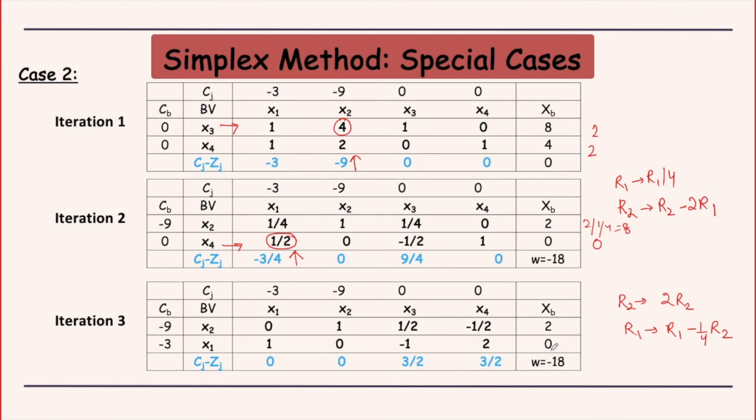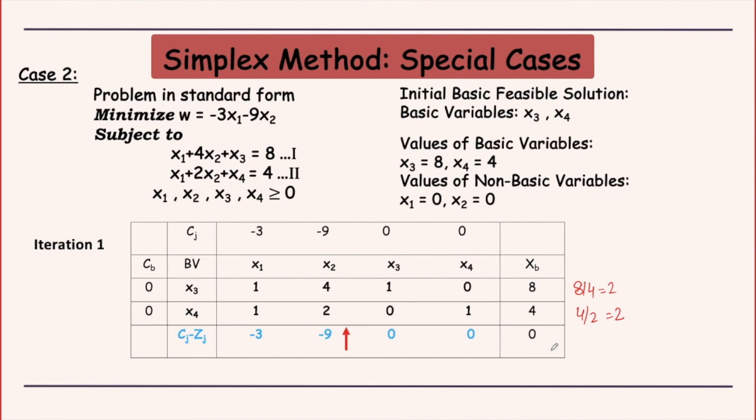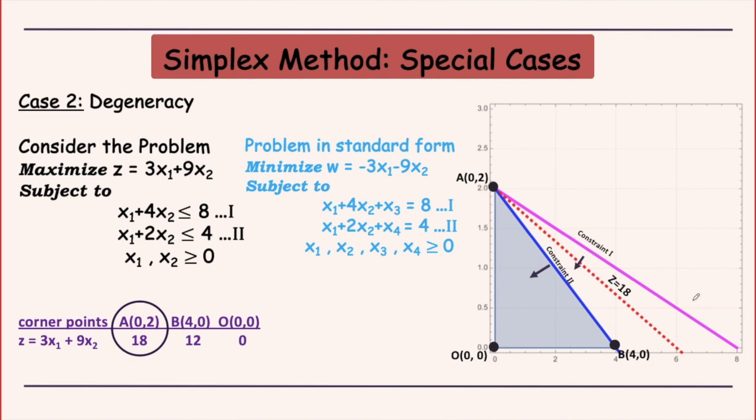Okay, and if I look back at the graph, if you notice this graph, you can make out that, suppose I do not take this first constraint and I only refer to my second constraint, then also my feasible region will still remain the same. Just ignore this first constraint and only look at the second and plot the feasible region. You will see that it is the same region as it was along with the first constraint. So I can say that this first constraint is redundant.